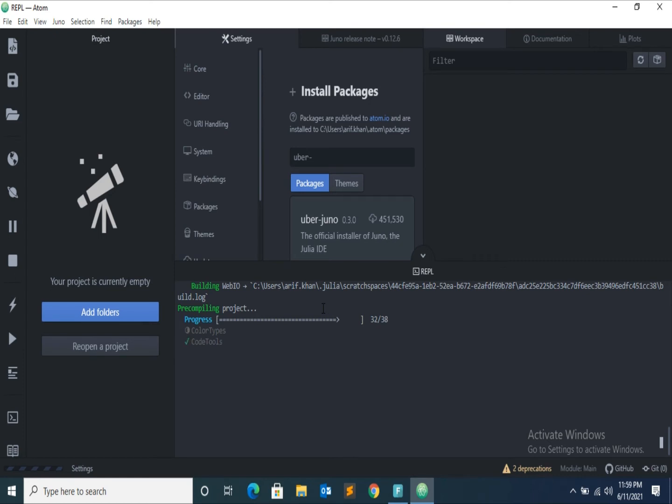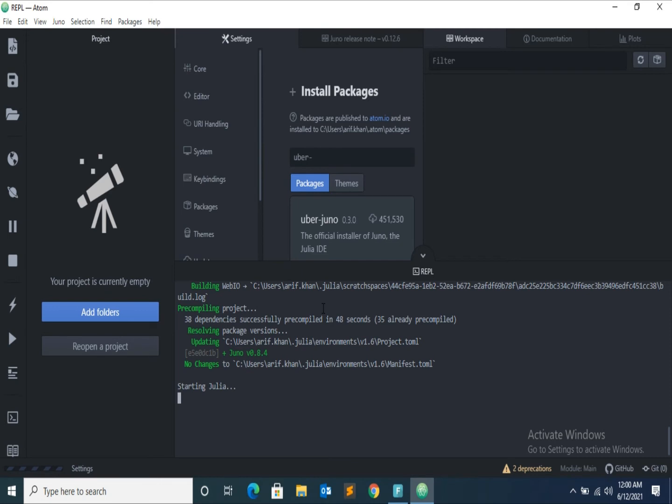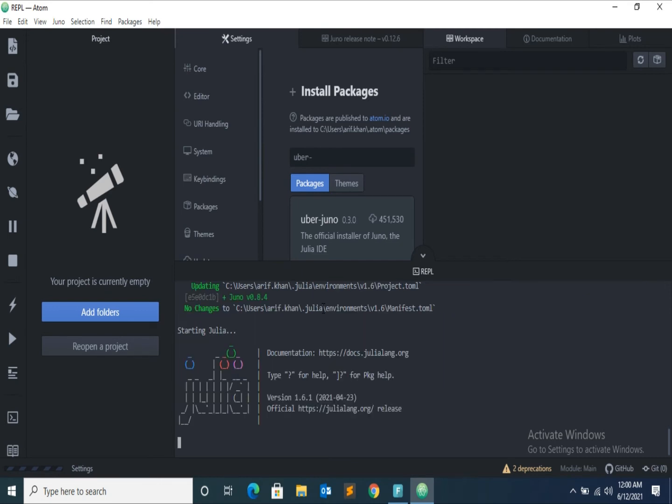It is totally dependent on the speed of your internet and your system resources. It is just about to finish. Yes, it is done now.